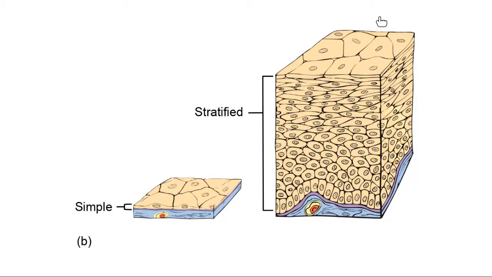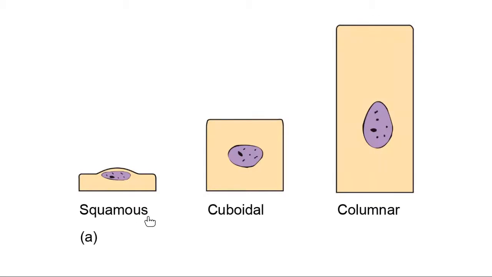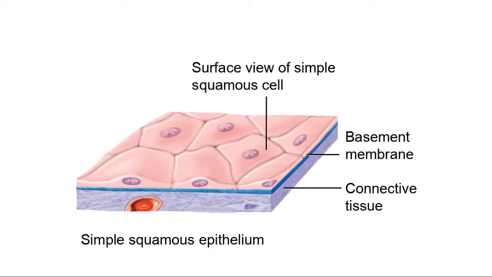The last name of our epithelium is the shape of the cells. Our cells may be squamous, they may be cuboidal, or they may be columnar. Squamous means flat, cuboidal means cube shape with the round nucleus, and columnar means tall and elongated with the oval nucleus. The first epithelium which I want to show you is simple